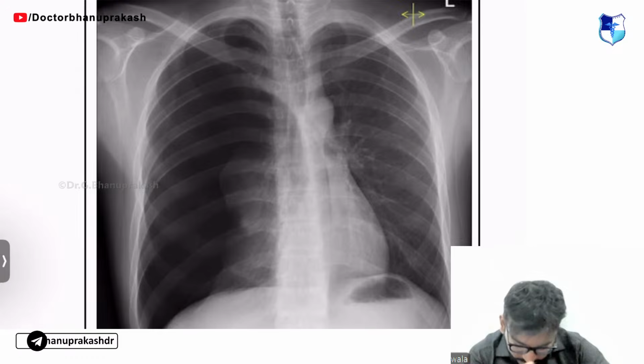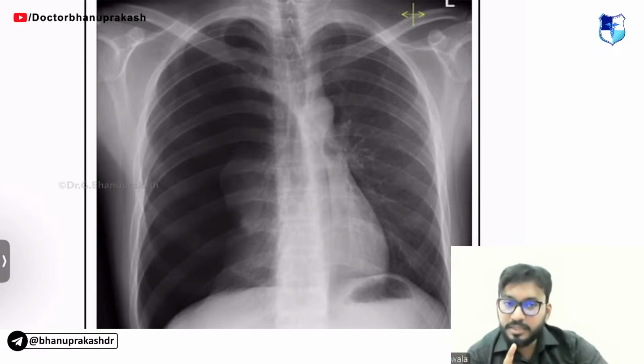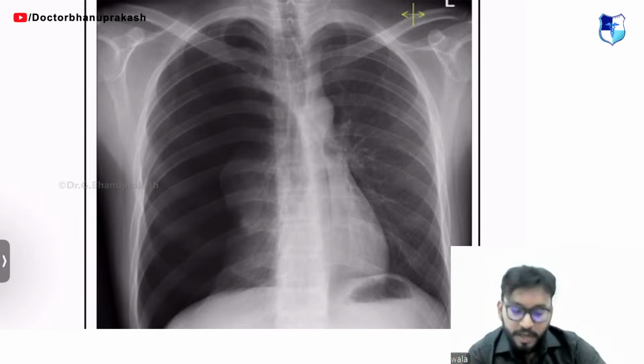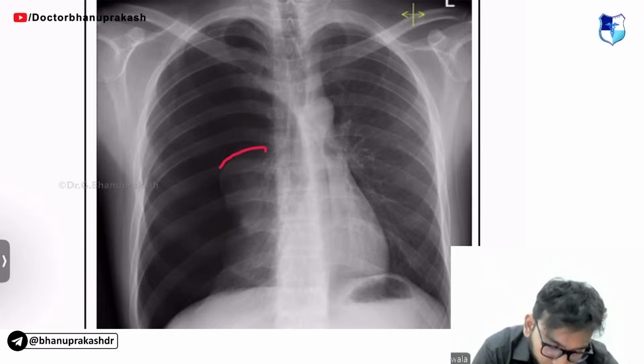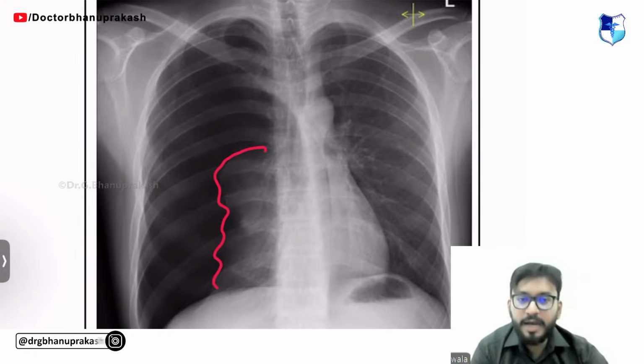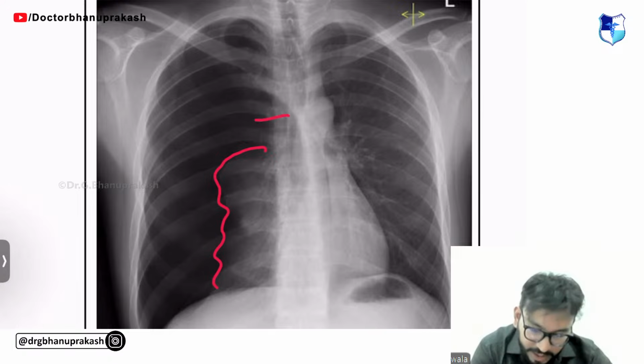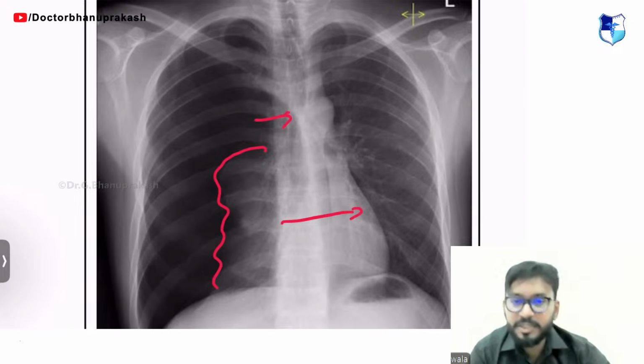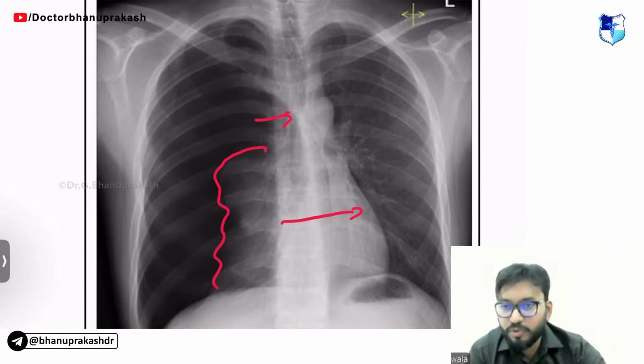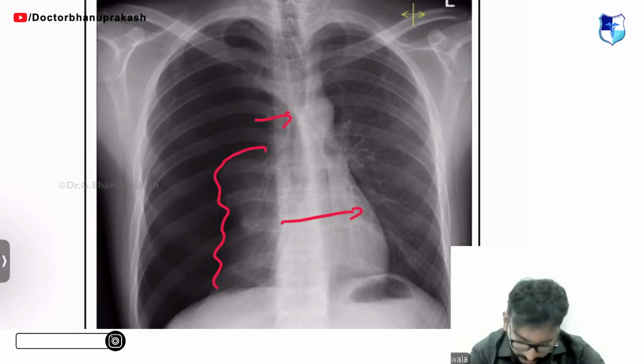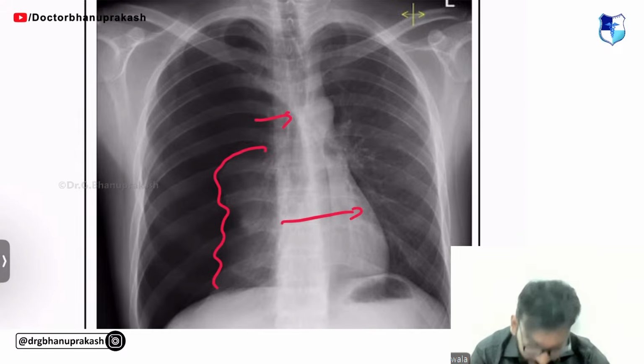No, this is not hollow viscus. Yes, you're right. Pneumothorax. But guys, this is not just pneumothorax. I told you the patient was collapsing. The BP is falling, the saturation is falling. Can you make this out? This is the collapsed lung. Can you see the trachea is shifted? Can you see the mediastinum is shifted? This is tension pneumothorax.